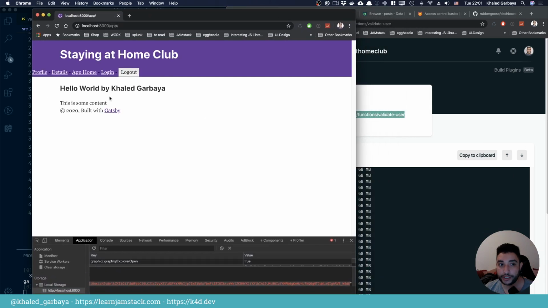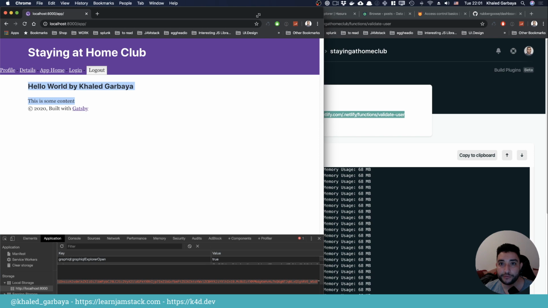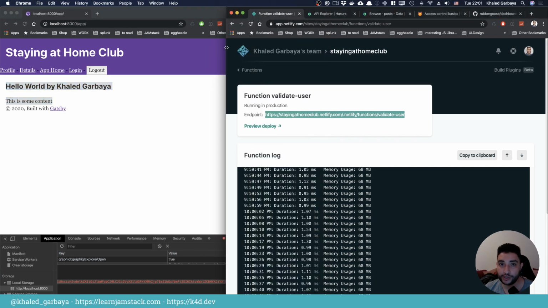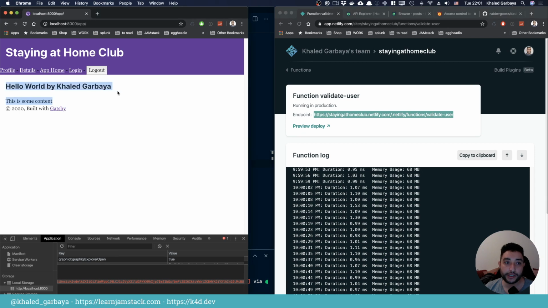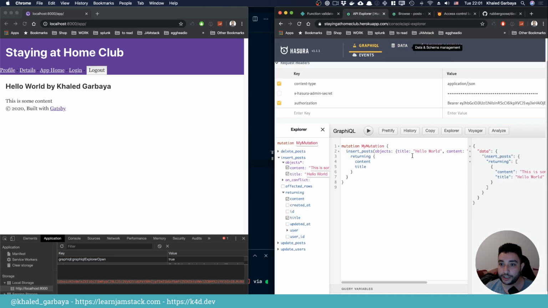Since we added polling, you can see here we actually pulled in the first post. We could also use subscription, but for now we can use polling. So every 2 seconds, we tell Apollo GraphQL to pull some data, and then we will render it in here. So we have this first element in here, but if we add another one, let's go back to our mutation again and call this,